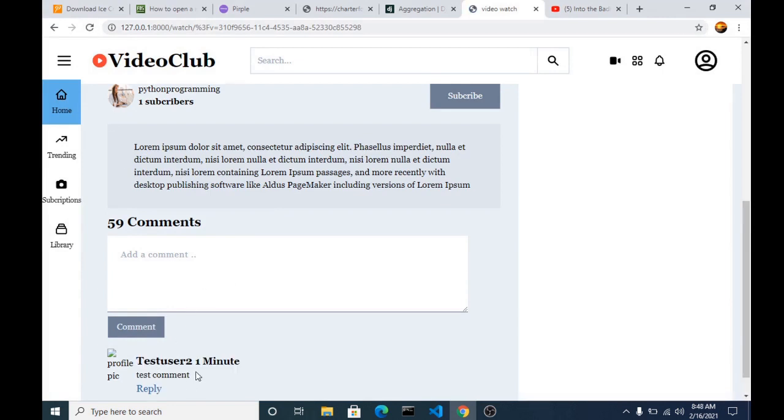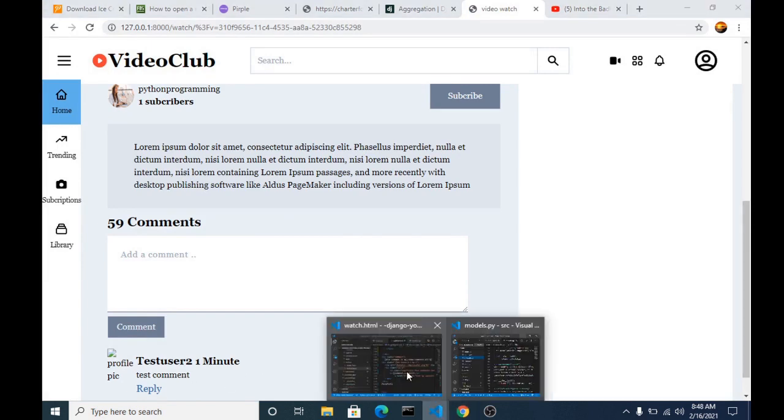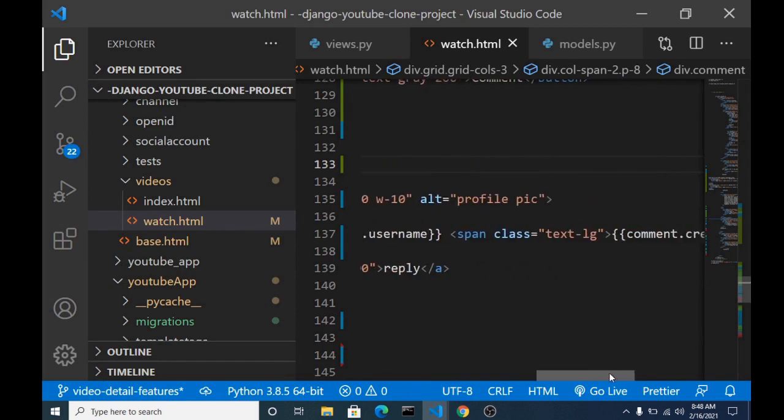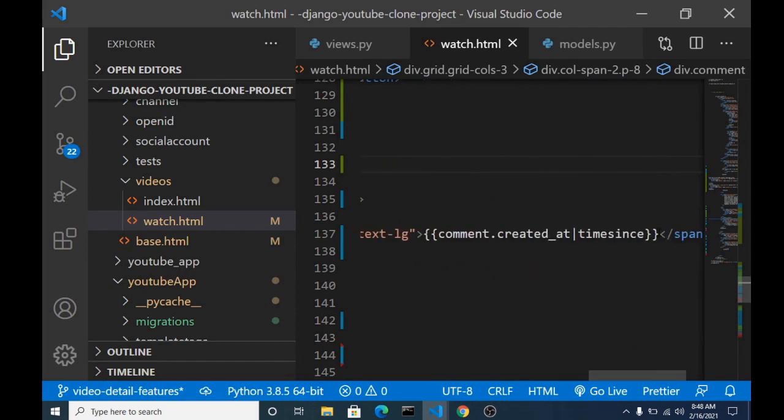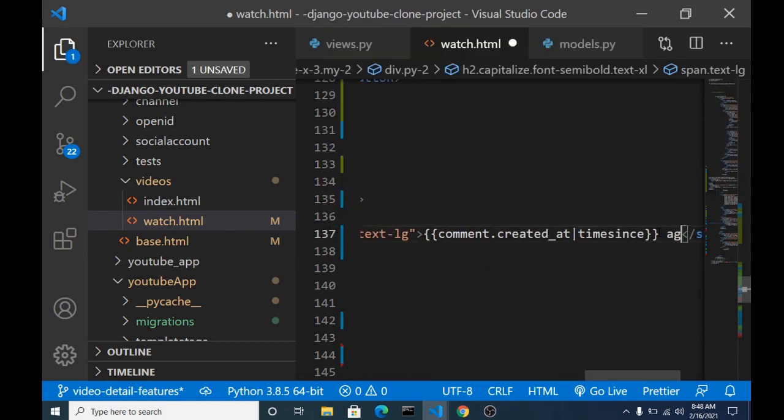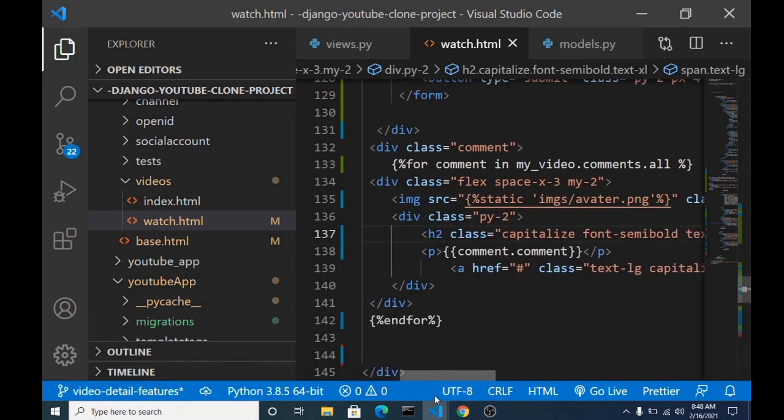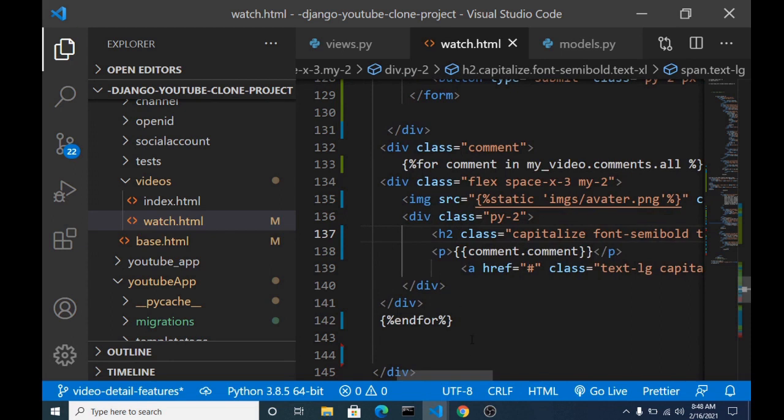You can see the test user 2. It said 1 minute. And don't forget to put the ago at the back of your time. Alright, that's that. You can see our comment is actually working.